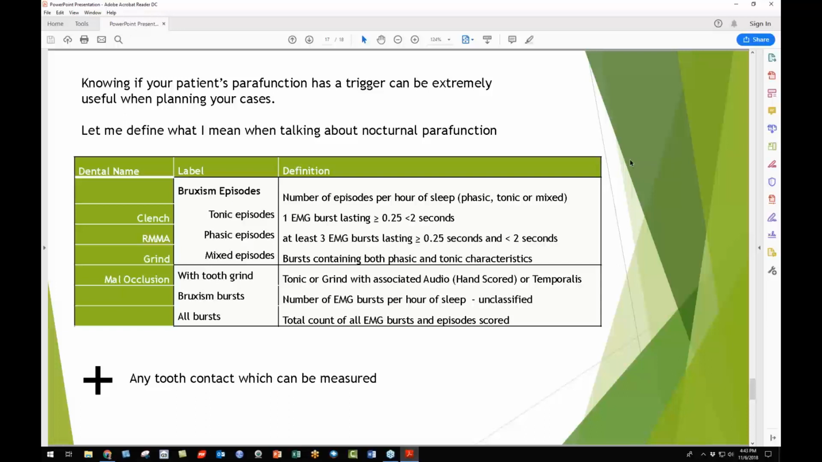So on top of these definitions that you're looking at, I add to that any tooth contact that we can measure. Okay, and so with that being said, I'm going to go ahead and we're going to have a quick